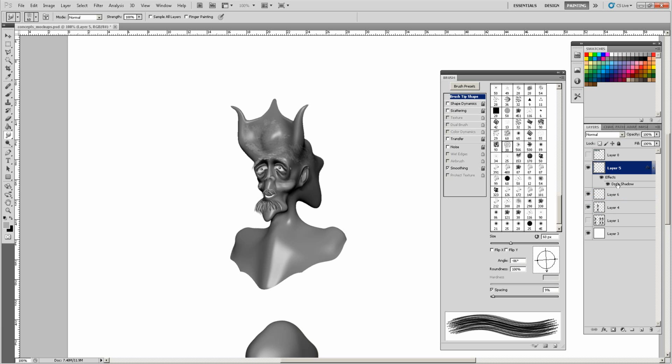So the way I can apply it but get rid of the effect is to drop it onto another layer. That's why I've set this layer up. So this layer's got this detail on it, and when I drop it down it will still keep the drop shadow, but the effect has gone, which is good because I've combined it now onto one layer, which is what I wanted to do. So in order to